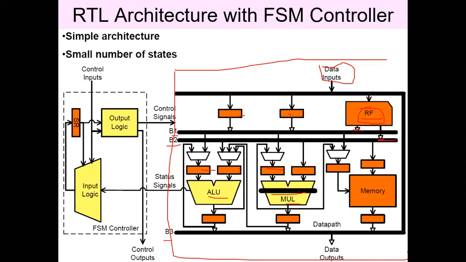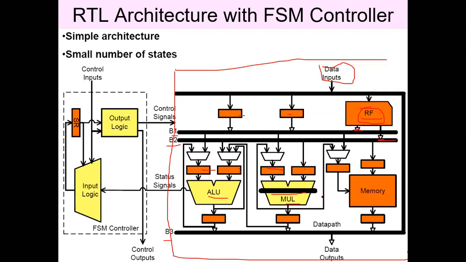This black line represents the pipeline. That means it is to show that this is a pipelined multiplier. It may be 2-stage or 3-stage, whatever it may be. Here we are considering a multiplier with a 2-stage pipeline. That means if you give the input to this multiplier, it will require 2 clock cycles, since 2 stages are there.